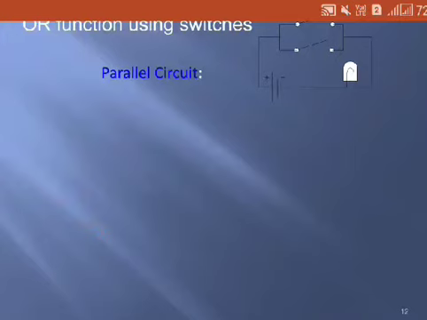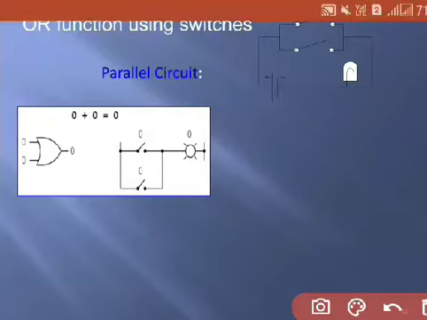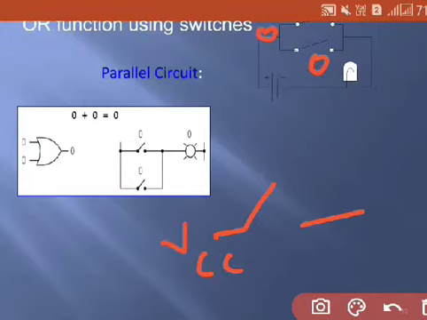Now if you consider the first condition, switch A is 0 and switch B is also 0. What do you mean by a switch being 0? An open switch is considered as logic 0, and a closed switch is considered as logic 1. Why is an open switch considered as logic 0? Because if you simply consider a switch like this, where some VCC is available here, if you want to transfer this VCC here, I need to close this switch so that logic 1 will be available.